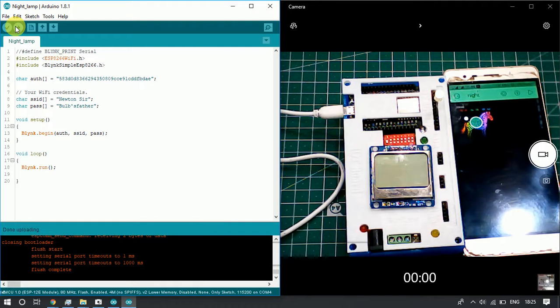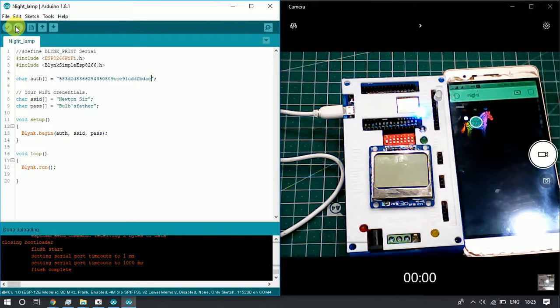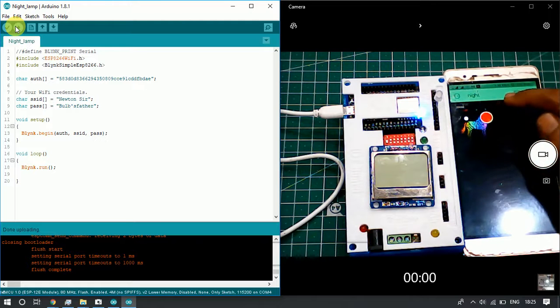Done. Now we will click on the play button on the mobile application, which is in the corner. So the mobile application has been started and the application has been played. Now we can click on the various sections of the zebra and the RGB LED will change color.